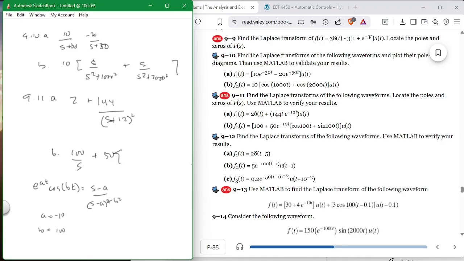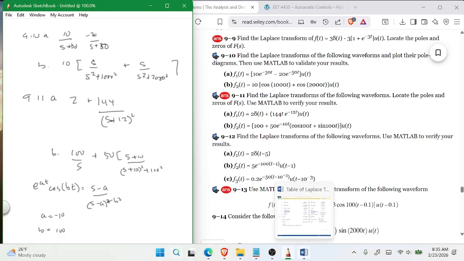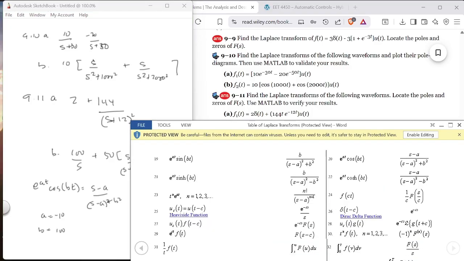Now your translation of that, e to the minus 10t cosine 100t, is equal to what? S plus 10 over S plus 10 quantity squared plus 100 squared. Just this part right here. Now, what is e to the minus 10t sine 100t? That is rule 19, which is the B term. So this is rule 20, this is rule